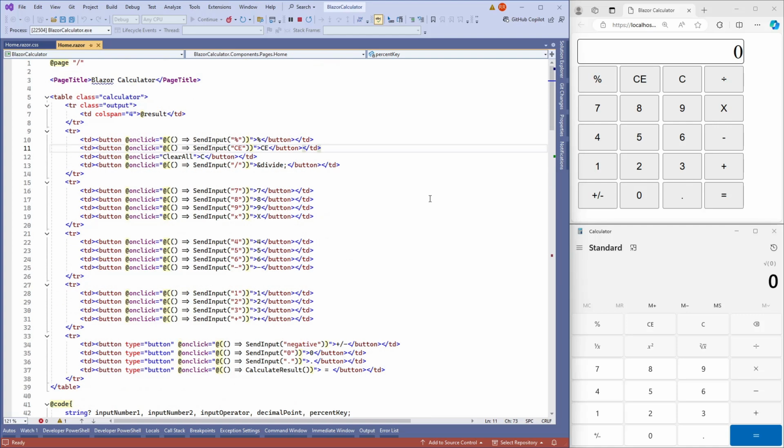So there are three methods that resulted while I created or built this application. And as you can see, it's already running here. The top one is our Blazor calculator app, and then the bottom one is the Microsoft calculator, the built-in calculator within Windows 11. And as you can see, there's a bit of a difference here,